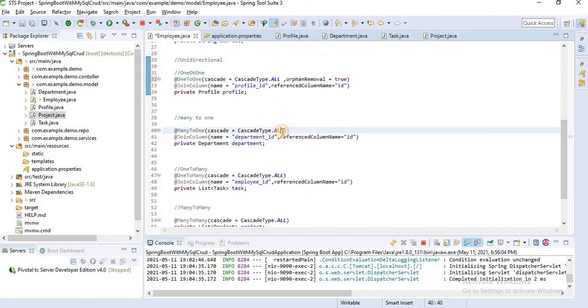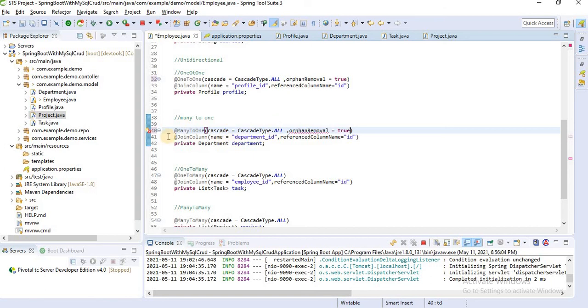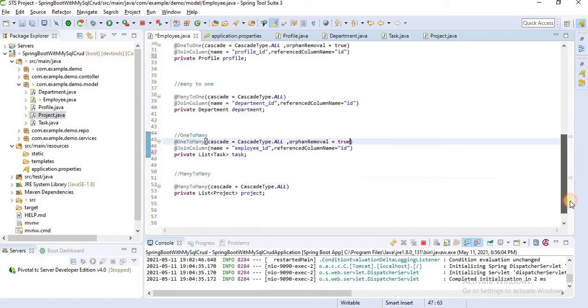Okay, if I define it here, you can see it throws an error, because here it is many to one, many employees have one record. That means I can't delete this record, because this department is also used by some other employee, who also takes that department ID, that's why I can't delete that. Okay, I can define here that when the parent is deleted, the child record should be deleted.